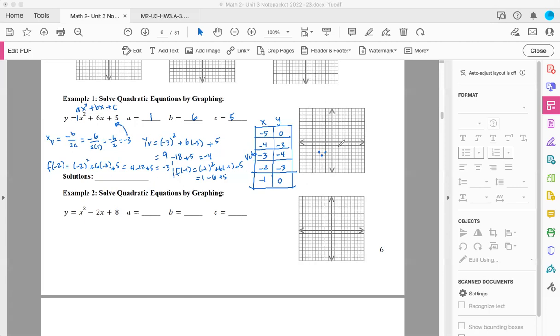Right? And then -5, 5 left, and 0. So this point and also -1, 0. They're symmetrical. They have to be symmetrical, okay? And then make sure when you connect them, it's a smooth U-shaped curve with the arrows. And if you want to put that the vertex is -3, -4, even better,